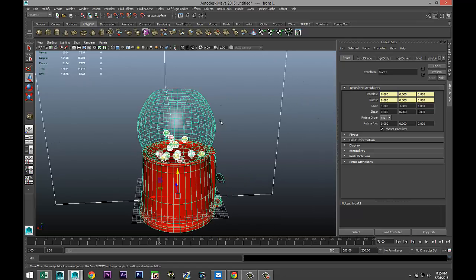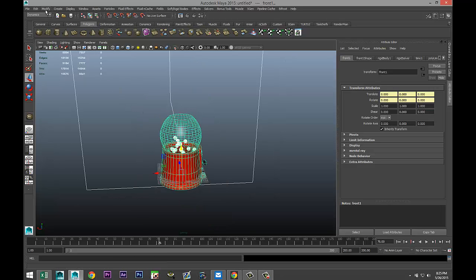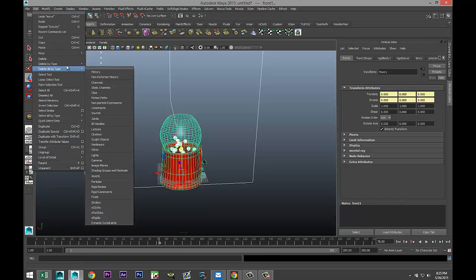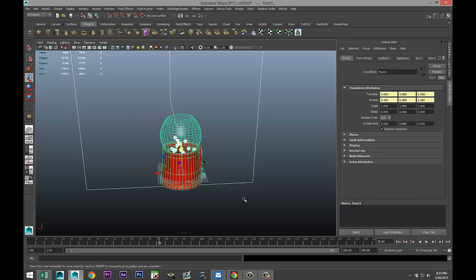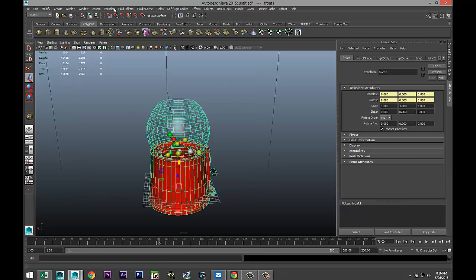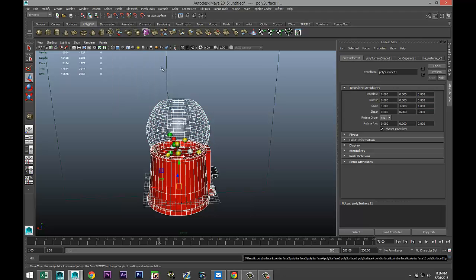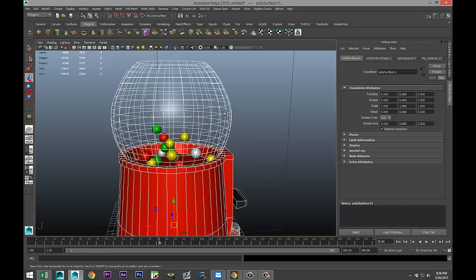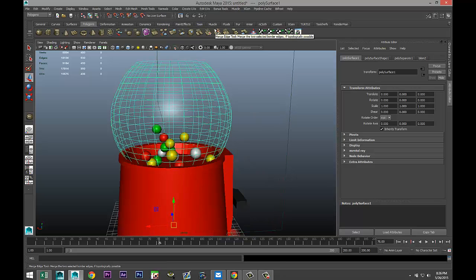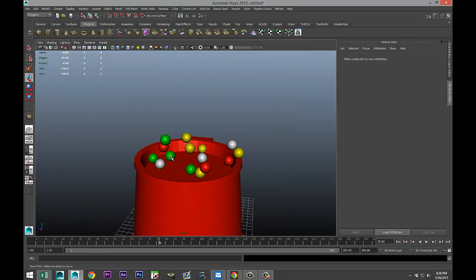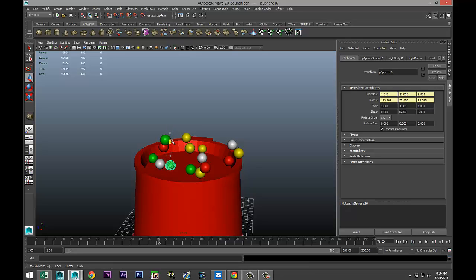So what we're gonna do is we have this guy selected. We're gonna first select all of that and go to modify, and where do you go? Sorry, edit, delete by type, history. So we shouldn't have a problem. We're gonna select this object. We're gonna go to our polygon menu and mesh and separate. Okay, and then we'll take this guy and hit Control H, and then we're going to manually tweak some gumballs. Okay, so let's bring that down,